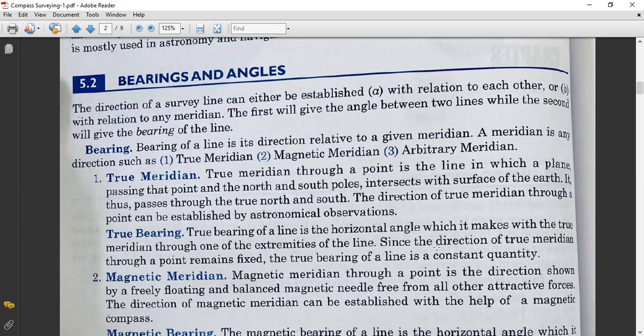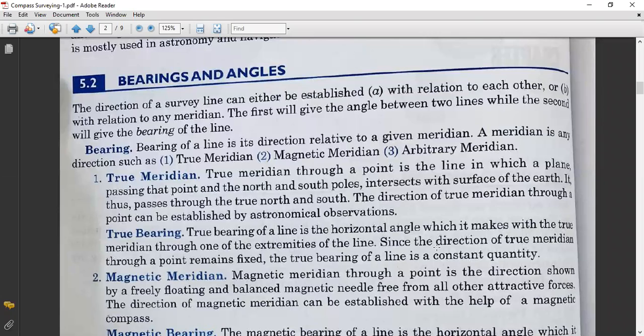Okay, so bearings and angles. For what measurement do we call it a bearing, and for what measurement do we call it an angle? First we will get that basic idea, then we will go for how to measure the bearings and how to measure the angles. The direction of any survey line can be established